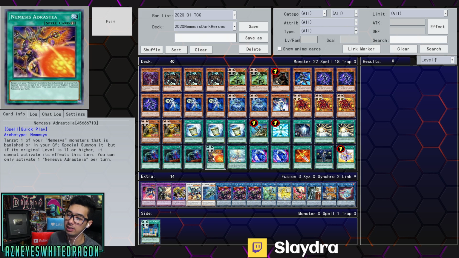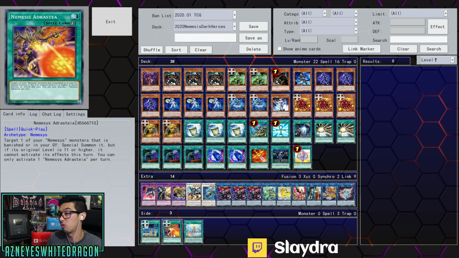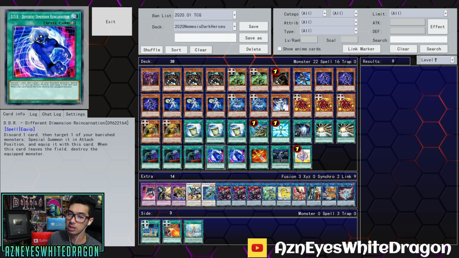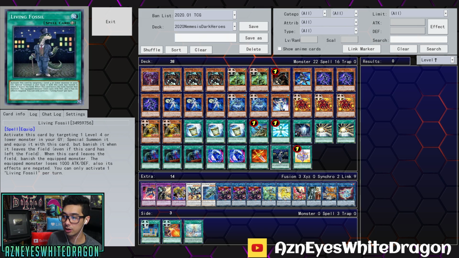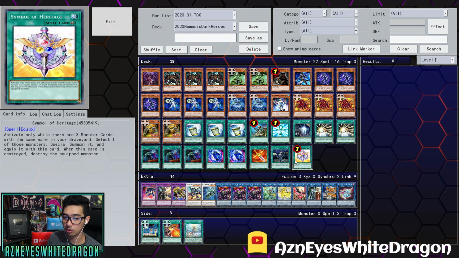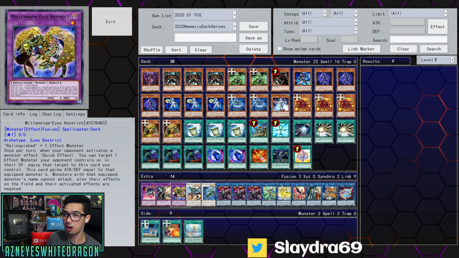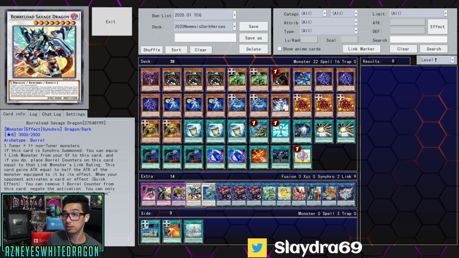I would probably recommend, instead of these cards, I would say Impermanence is overall better. You can throw in maybe some hand traps as well, but I didn't get to go over those. And then have 2 copies of DDR, then we have your Phoenix Blade, your Living Fossil, and your Symbol of Heritage. But as far as the Extra Deck goes, we got Dark Law, the Ragin, we got Millennium Ice, Savage Dragon,